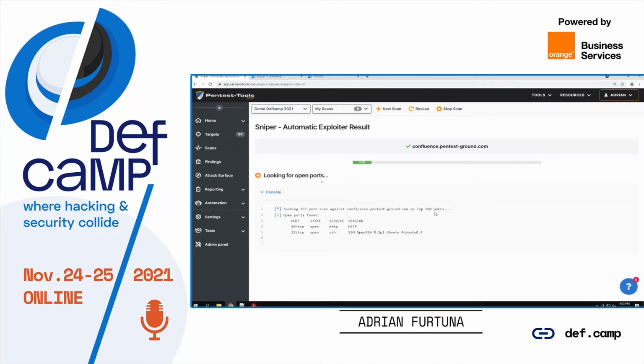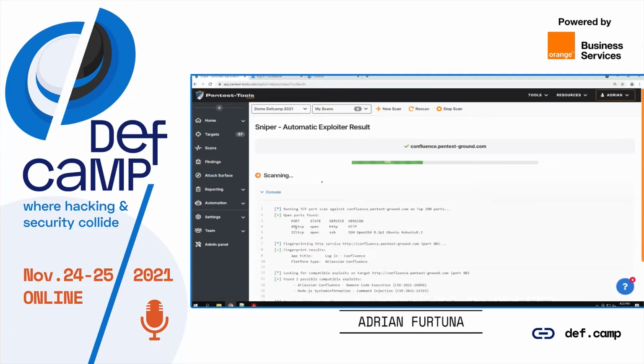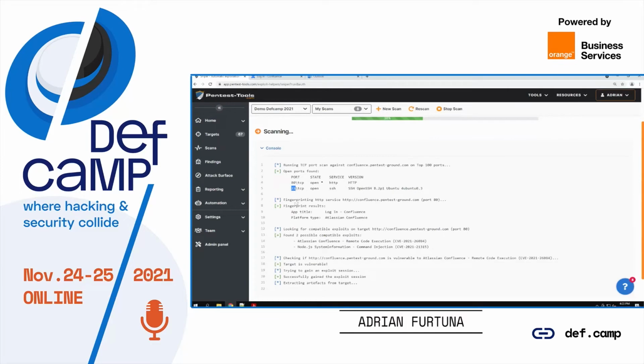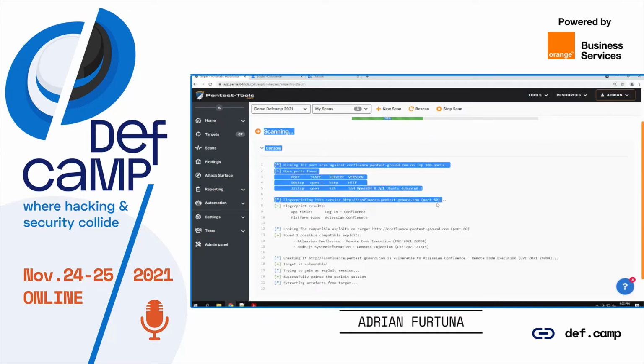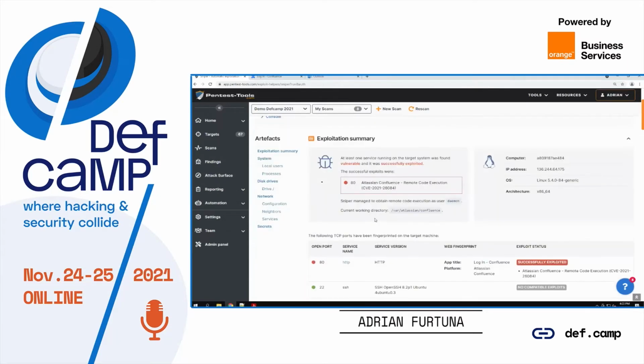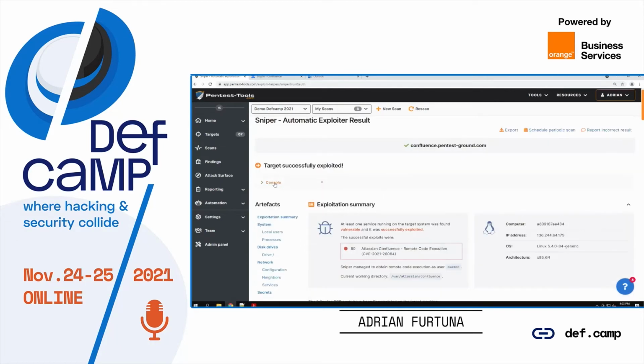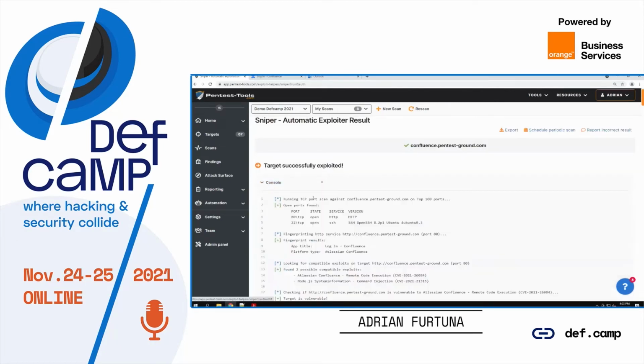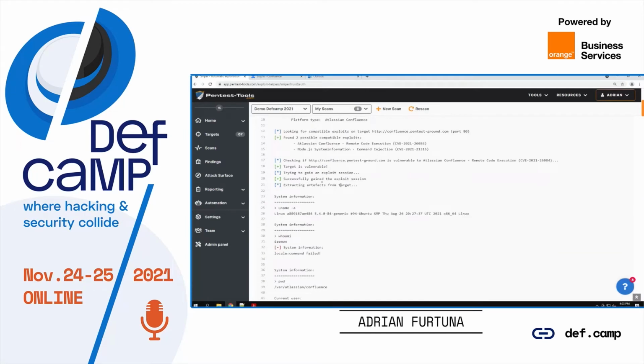If you remember the steps that I told you previously, it has found two open ports, 80 and 22. Right now, it's fingerprinting the HTTP service on port 80. It found the Atlassian Confluence application, and now it finished execution and closed my console.